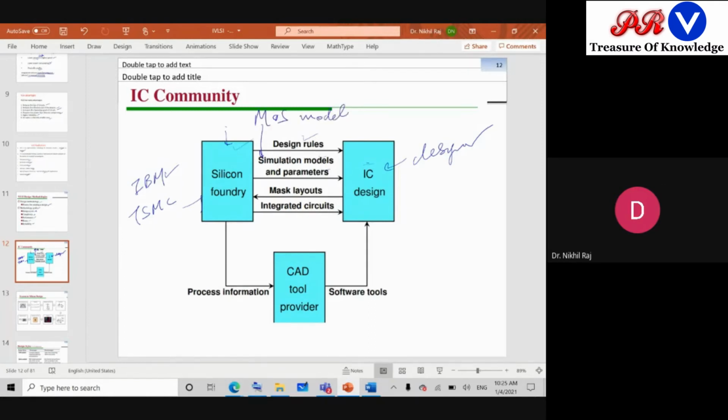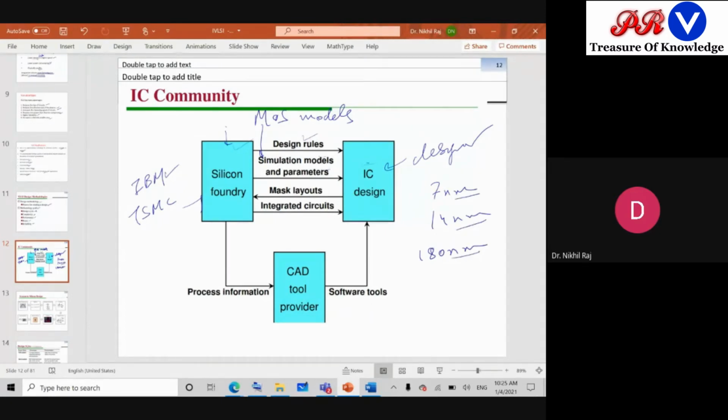Okay, MOS models. If you know about the technology, you must have heard of 180 nanometer technology, 14 nanometer technology, 7 nanometer technology. So what are these? These are the technologies.